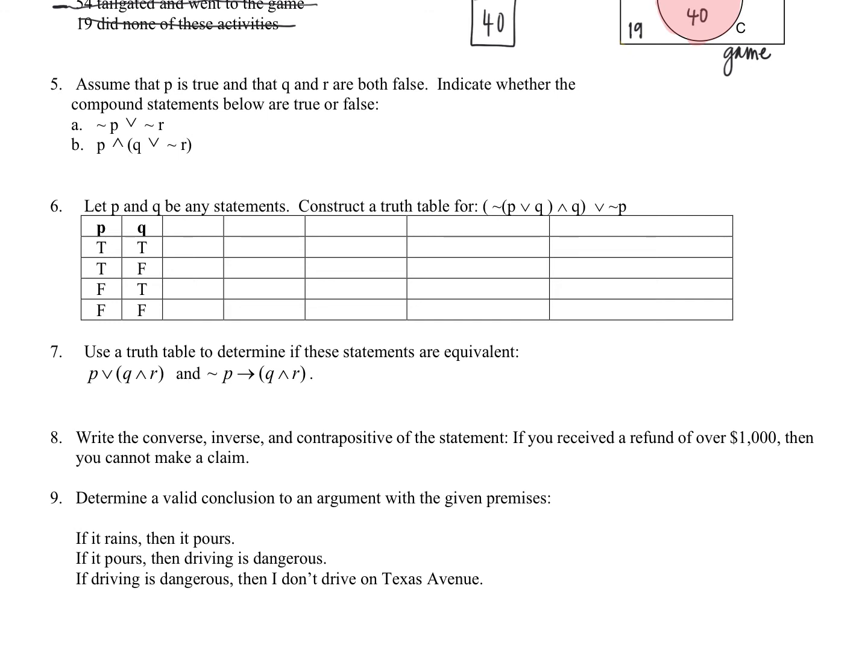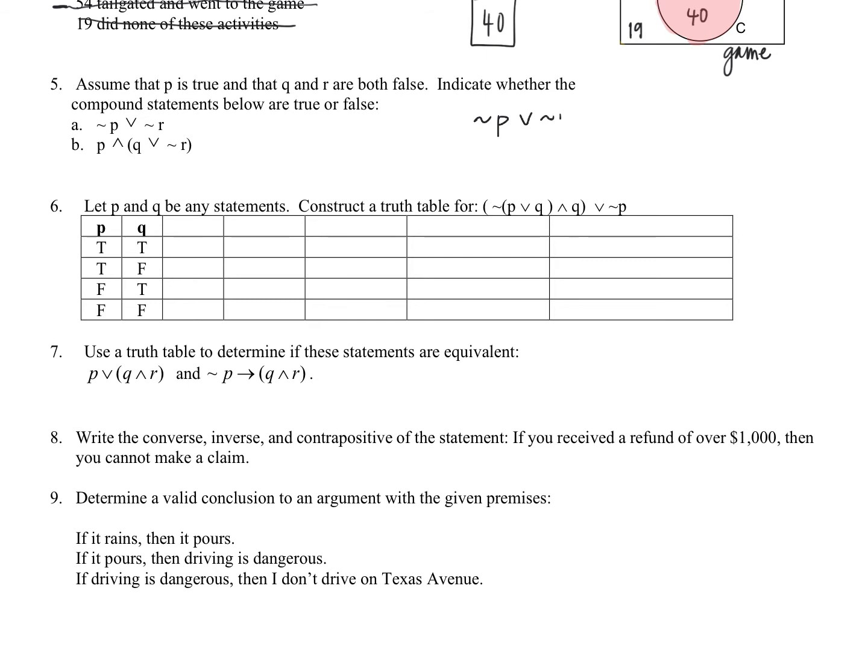Okay, Number 5. Assume that P is true and that Q and R are both false. Indicate whether the compound statements below are true or false. Okay, so let's look at part A. So we have not P